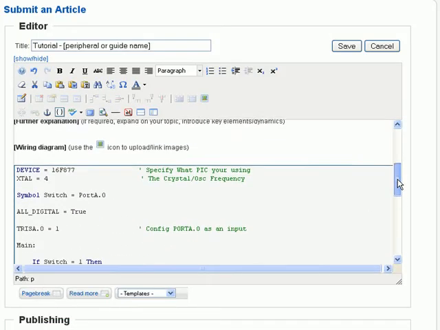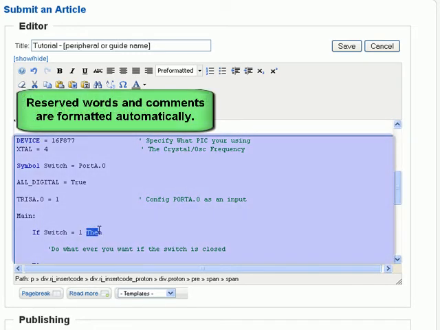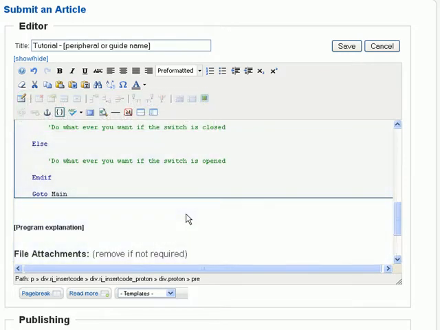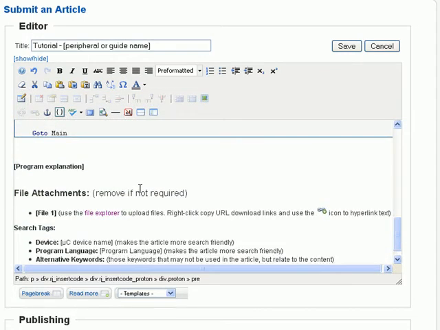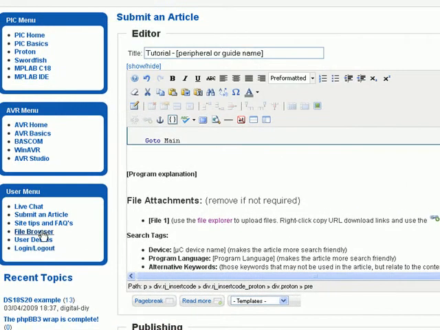You'll notice the code has been inserted and reserved words in the editor have already been highlighted and comments have been highlighted and formatted accordingly. The next slightly advanced step is to add file attachments. So to add file attachments, open up the file browser,